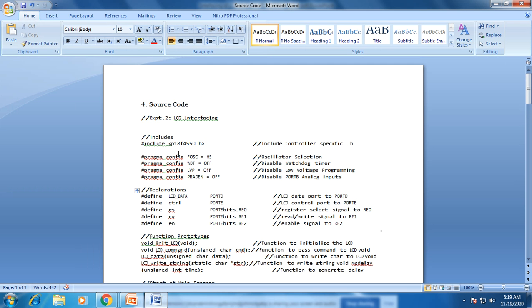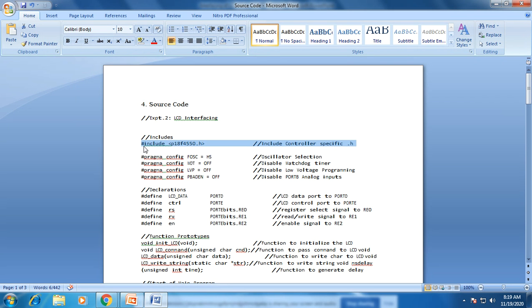Here you can see the LCD interfacing code is available. First we need to load all the specific files of the PIC18F4550.